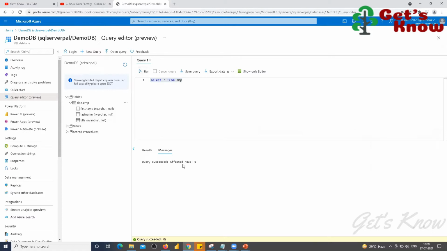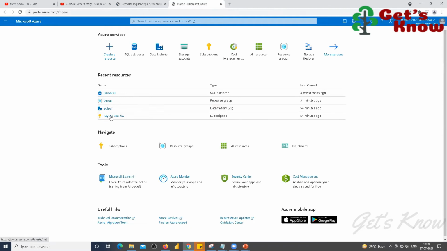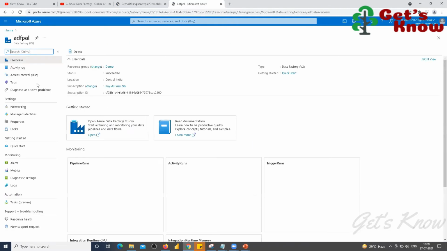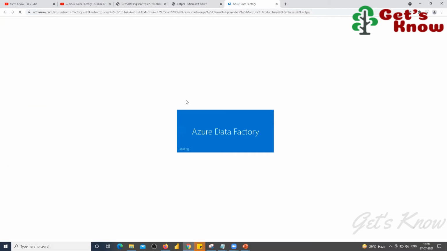Query succeeded, rows affected 0, so no rows. Only a blank table is available. Then it's fine. Now I'm opening my home page in a separate window. From here, we have to navigate to ADF. The ADF we have already created, so from here I'm going to navigate to the ADF page.